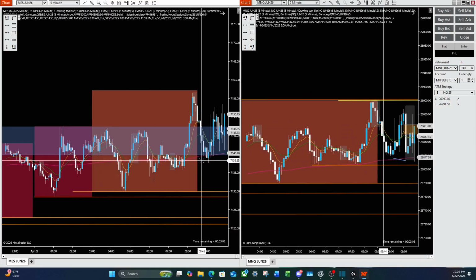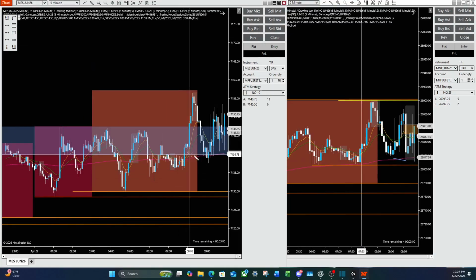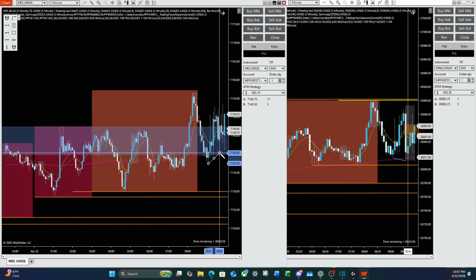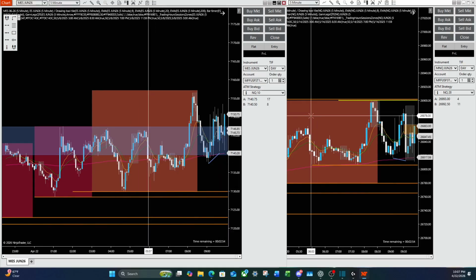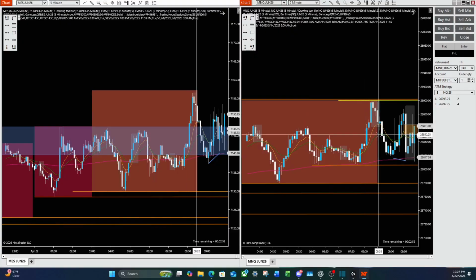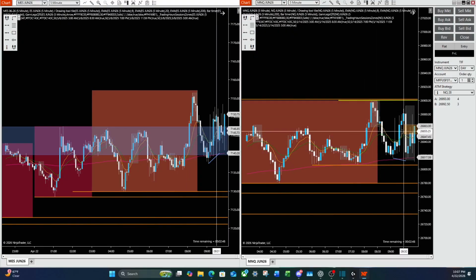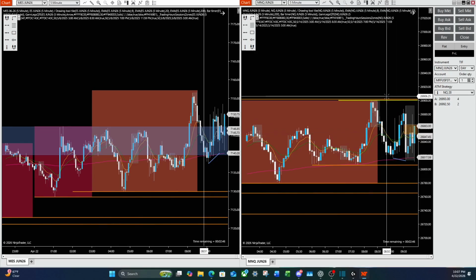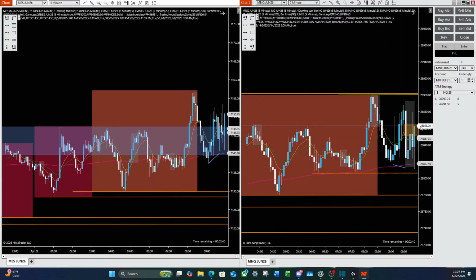What does ES do? I don't think ES does sweep these out, does it? No. So we have a bullish S&T favoring ES. Doesn't really mean anything at the time, because I would have liked to see MNQ have the better target, have favor the S&T because it has the closer targets, and it is more bullish on the higher time frames. So, could have gotten burned on this a couple times.